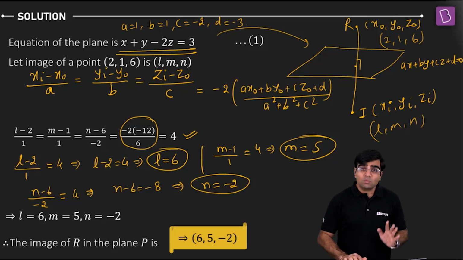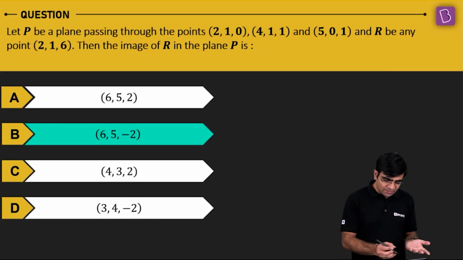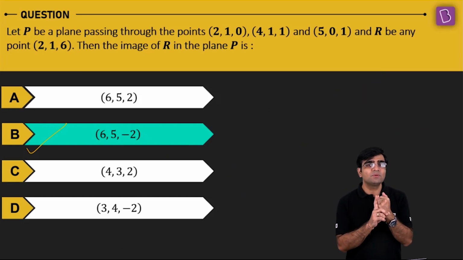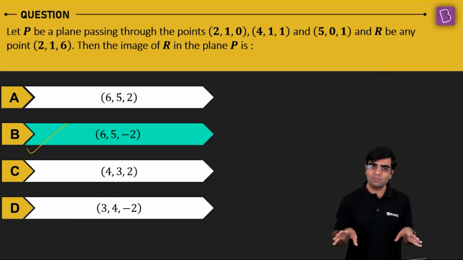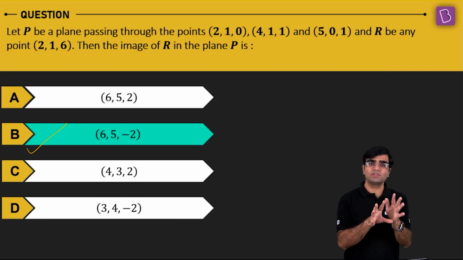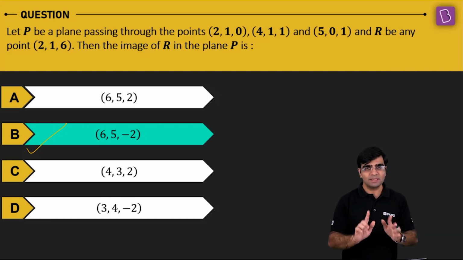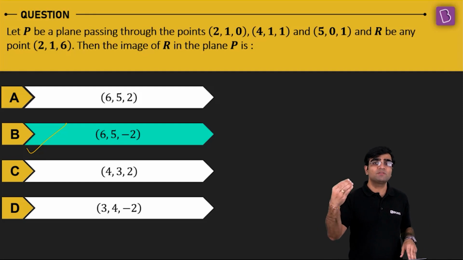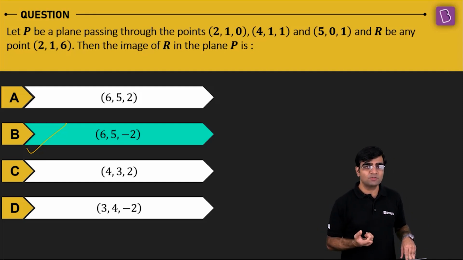Now, what is my key takeaway? See, the answer is pretty simple. You got option B as the correct answer. That's a different thing. First of all, I have to get the normal, because I have all the 3 points on a plane. So the equation of the plane passing through all the 3 points, that is one thing. Second thing, once I've obtained the equation of the plane, I have to find the image of the point. So I have to remember the image formula also.